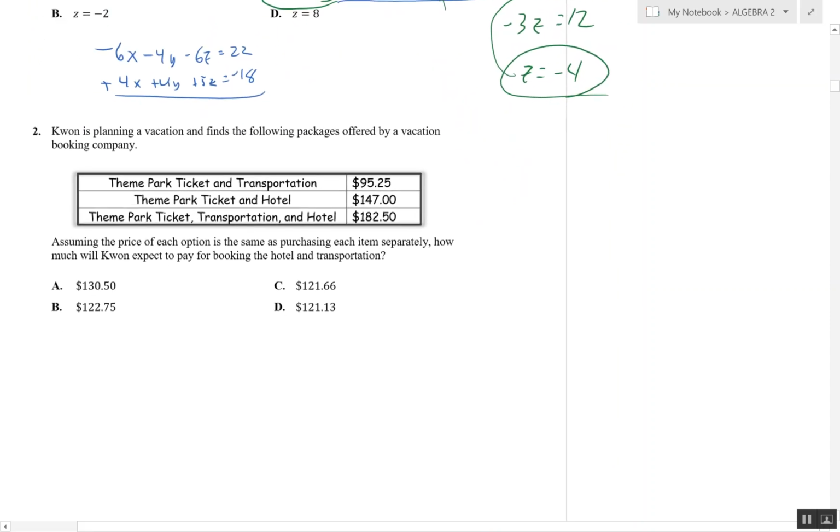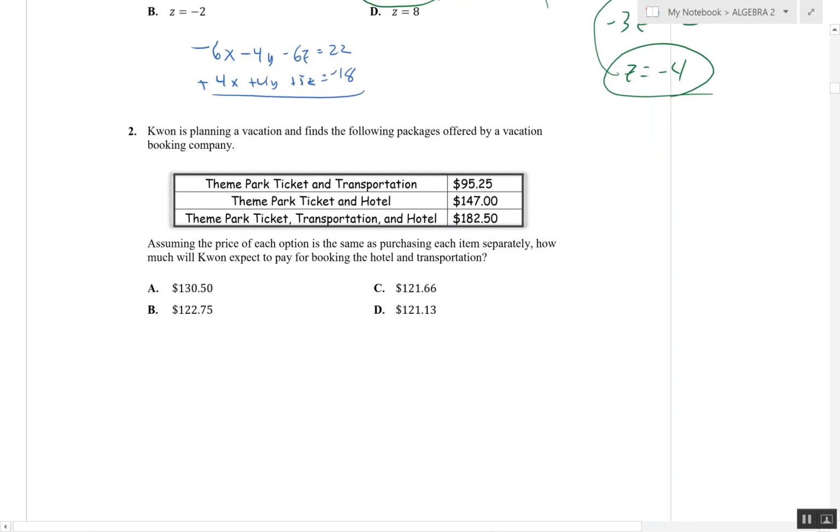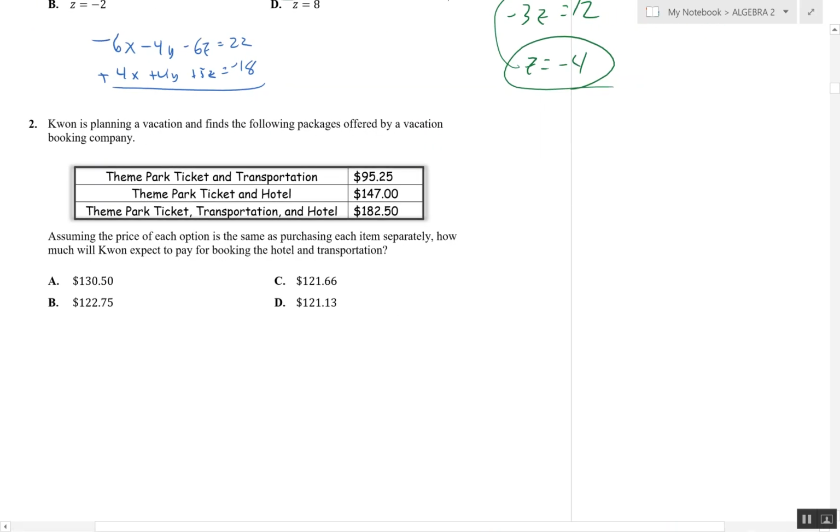Again, it's another system of equations. I'm just going to set this one up really quick. It says theme park plus transportation, so we'll call that P plus T, for park and transportation, is equal to 95.25. The next one is park and hotel. So park plus hotel is equal to 147.00. And then park plus transportation plus hotel equals